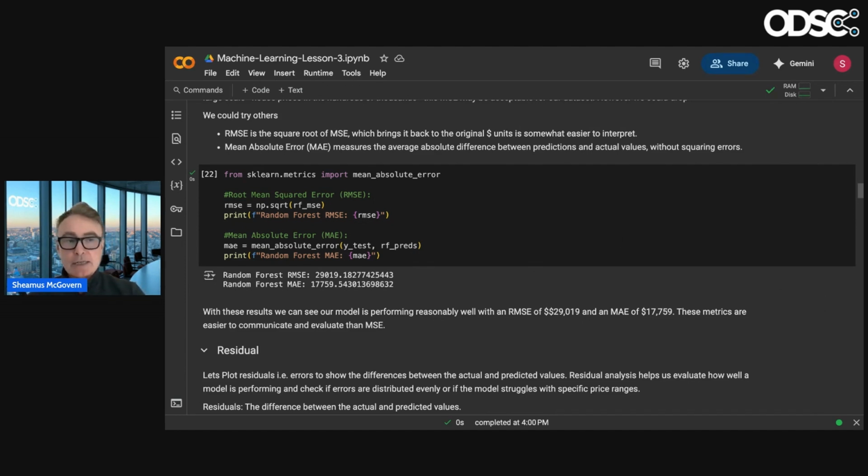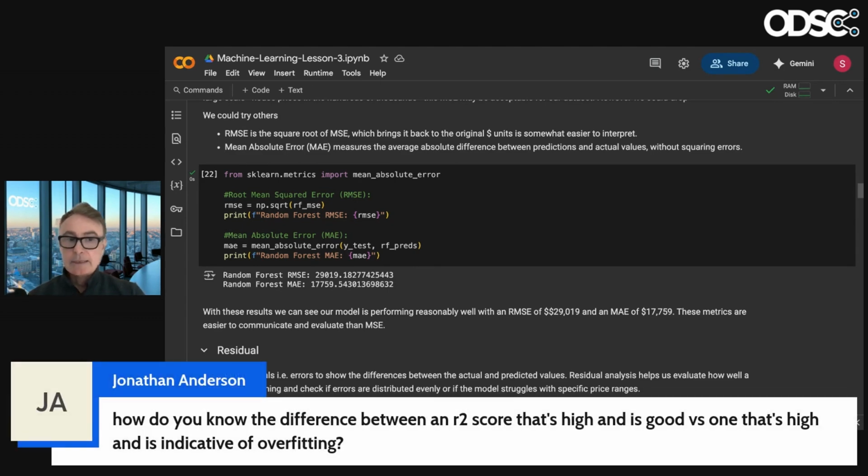But as you're suggesting, Jonathan, that's not always the case. That's why you want to look at the data in different ways, because that could be what we were just talking about. That could be overfitting, right? So a high score could be indicative it's not a good score. It might be overfitting, so you want to be careful. You don't want to do that.